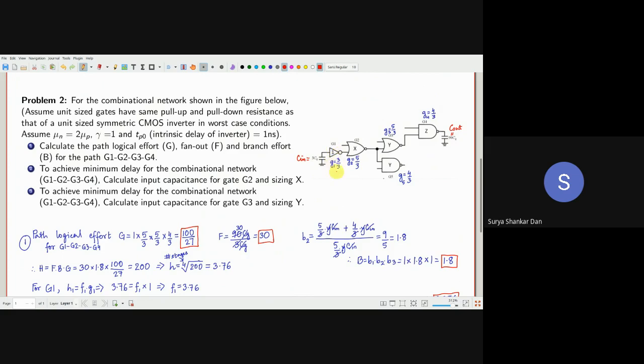So what is the logical effort? We have already seen in one of our previous tutorials, I had already shown by the actual calculation from the NMOS CMOS perspective that it is 3 by 3. For a NOR gate it is 5 by 3, and for the NAND gate it is 4 by 3.